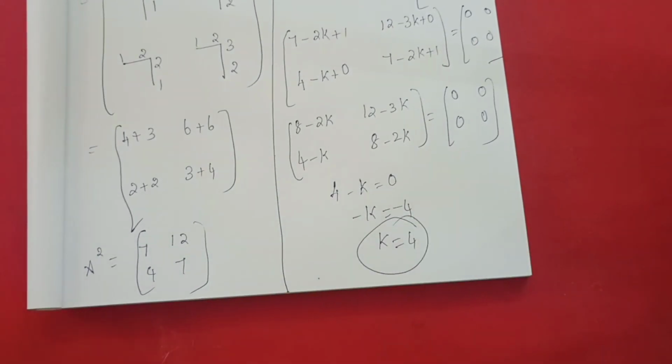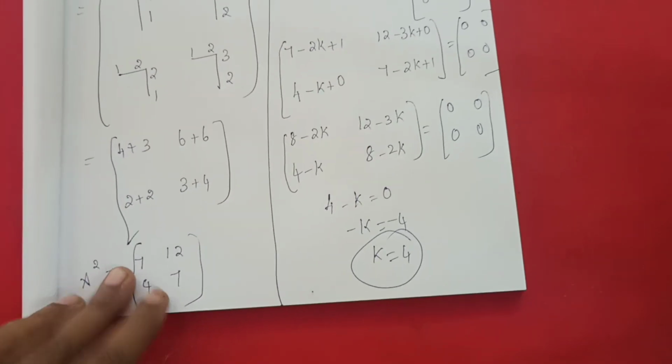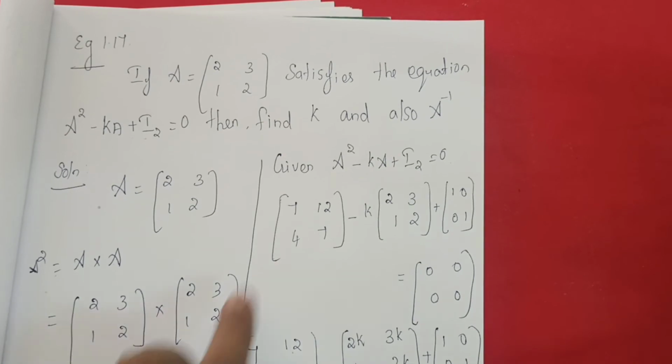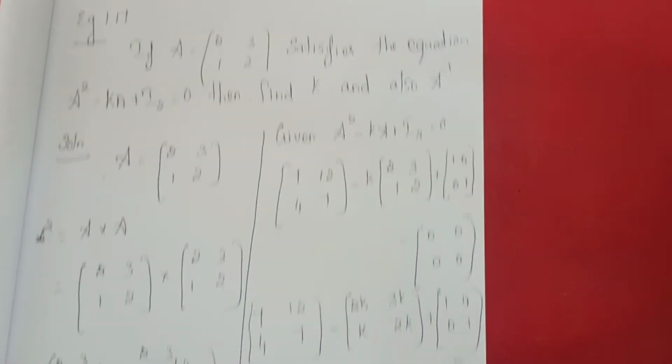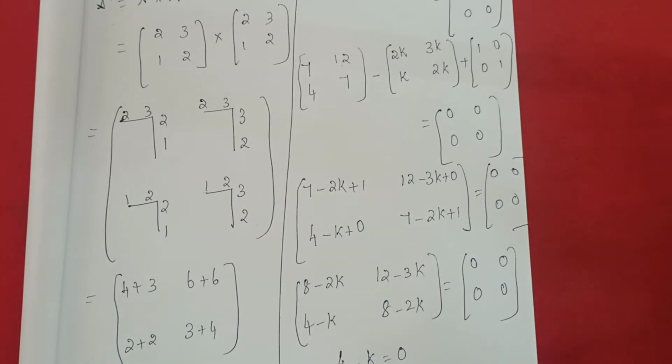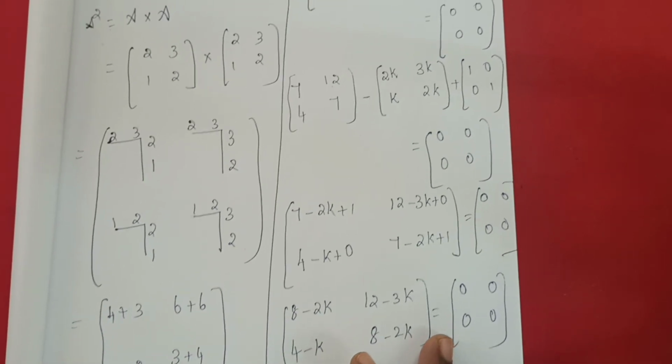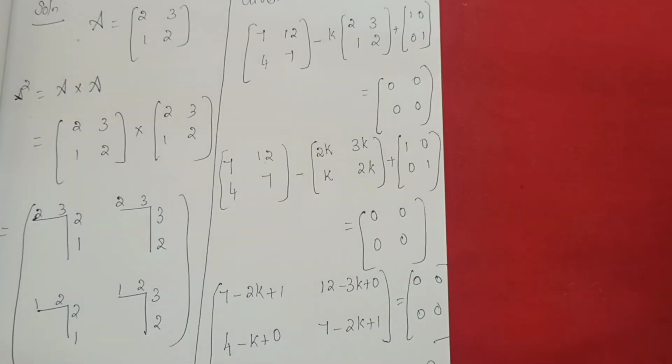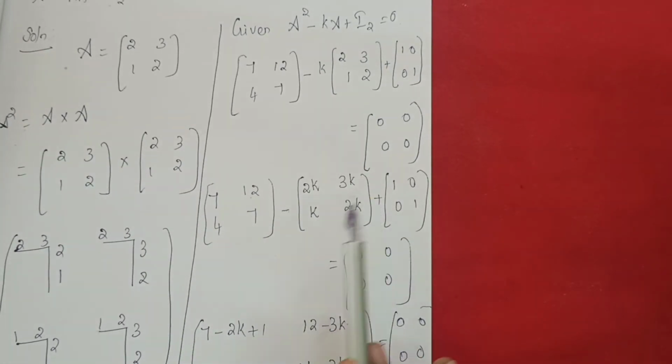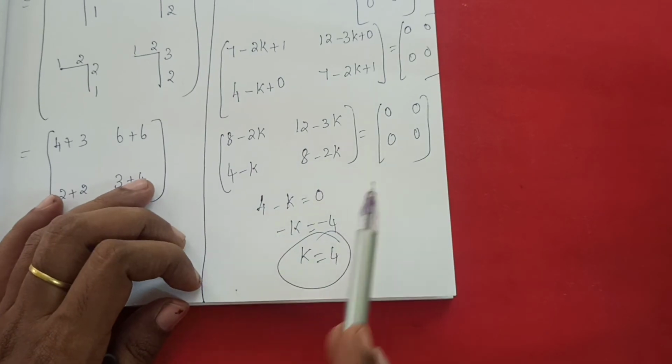Now I have got the value for k as 4. Okay. Now the first part is over. What you need to do here is find the value of k. So that one is over. What I did: first we need to find the A square value, that is A into A. So how will you multiply 2 matrices? Already you know. Then afterwards I substituted all the values, multiplied with k, and afterwards added and subtracted and equated to any one of the values. You got the k value.